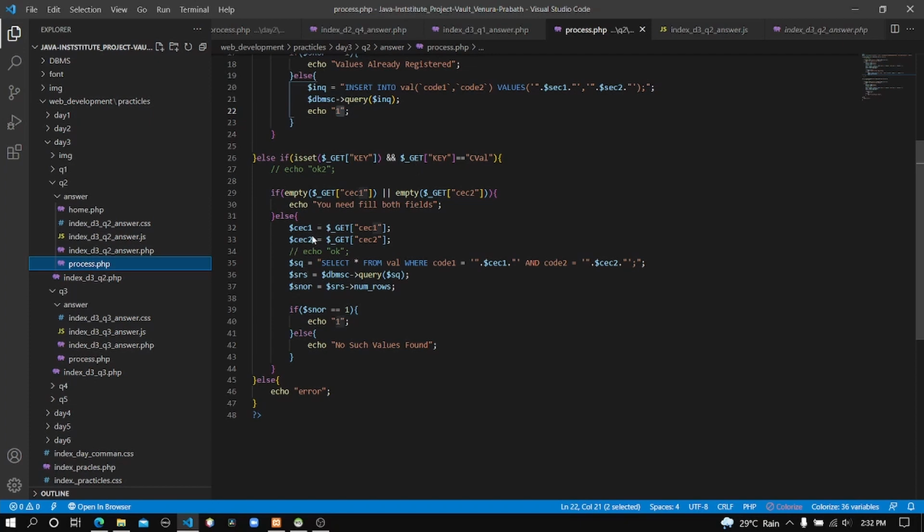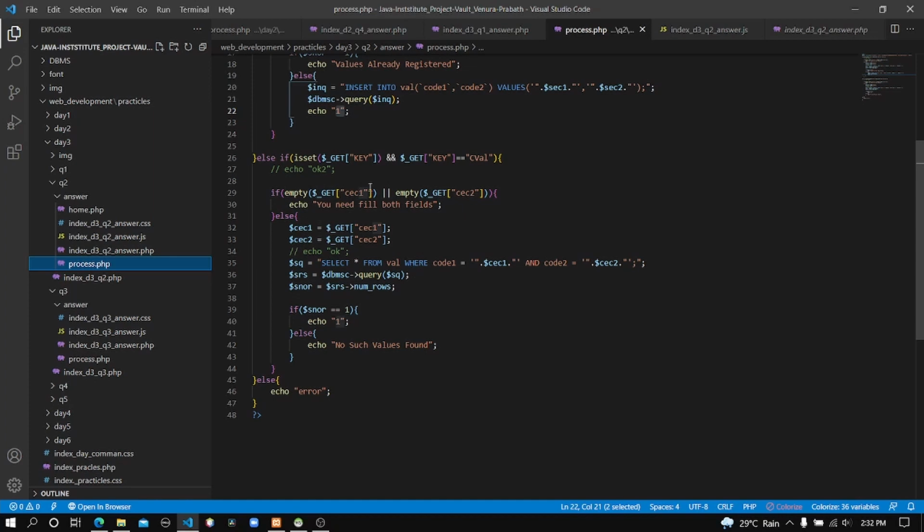Okay, when this part is executing, here you can see there's an if condition, and it will check if the sec1 and sec2 values are empty. If none of these values are empty, it's going to execute this else part.